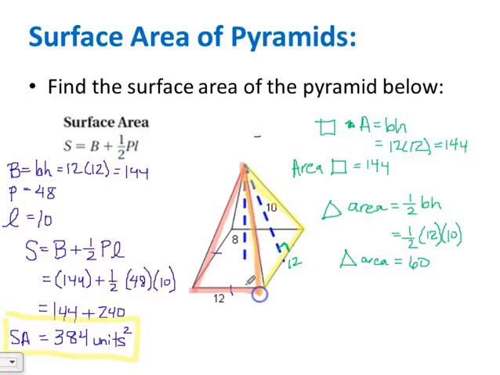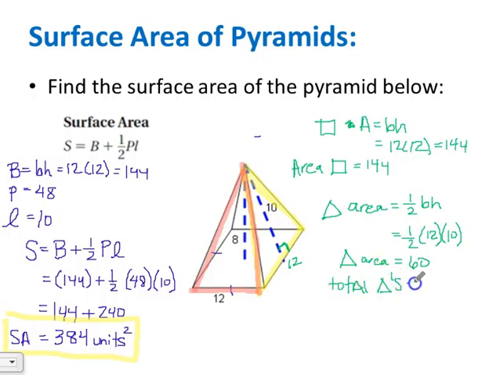So it also has a base of 12 and a height of 10. All of our lateral faces are going to have the same dimensions, all of our triangles. That's not always true. It just happens to be true in this case because we have a square base. If you have a rectangular base, you'll find some of the bases of your triangles will have different base lengths. But in this case, they're all the same, so we can go ahead and find the total surface area of